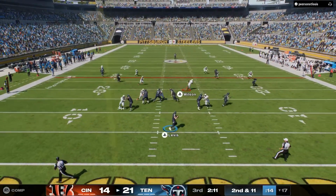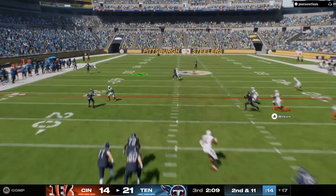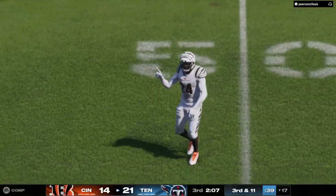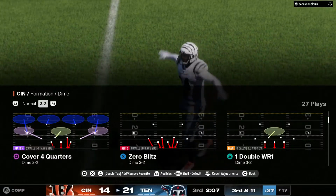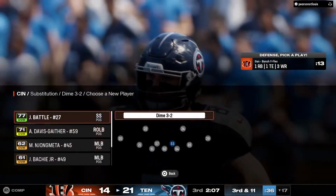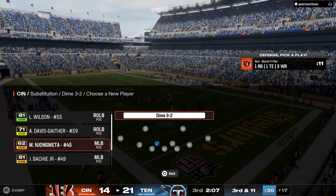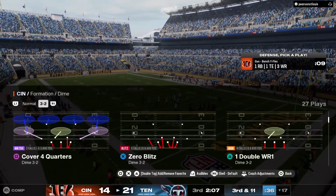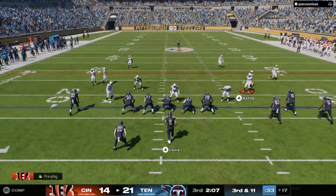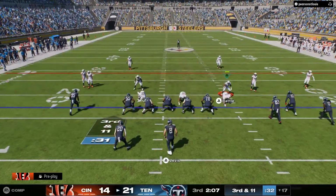Here's Levis. And it's knocked away and incomplete. I see the surprise in your face there, partner. That is a rare incompletion from him. He's been on point this entire game. He has percentage completion-wise way up, not that time. An incomplete pass on that last play, and that means they'll need to come up with something here on third